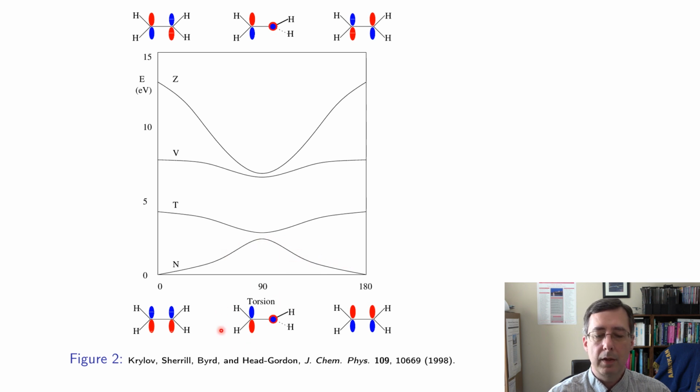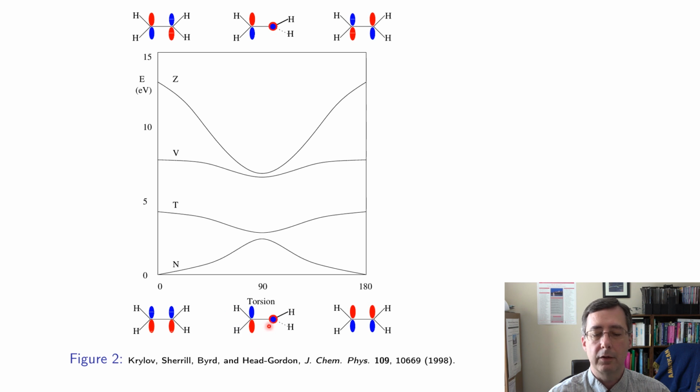But look at this 90-degree situation again. I have another way of drawing this orbital, which is this one, and this is not just a sign flip, because notice the right-hand side is the same. Blue's pointing at me and red's pointing into the page. So it's not a sign flip from top to bottom, but this other way of drawing it is equally as good, right? This is exactly as bonding or anti-bonding as this one. There's no way to tell one of them is better. They're not equivalent anymore, unlike this one and this one. And so I really, at 90 degrees, need a combination of both of these to describe what that